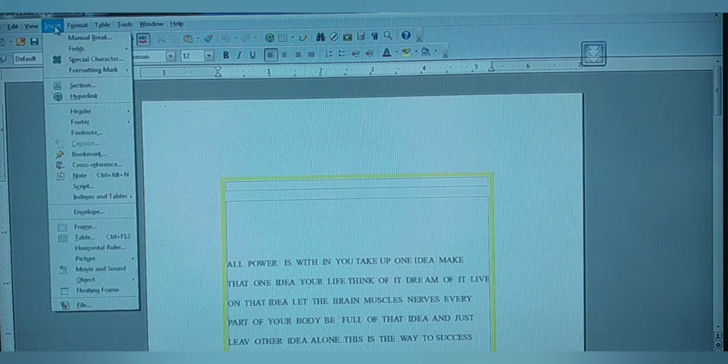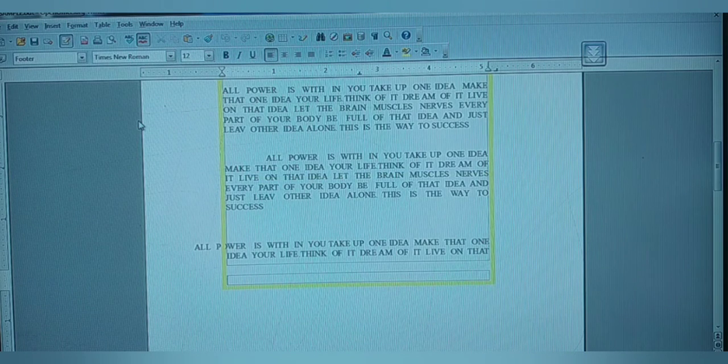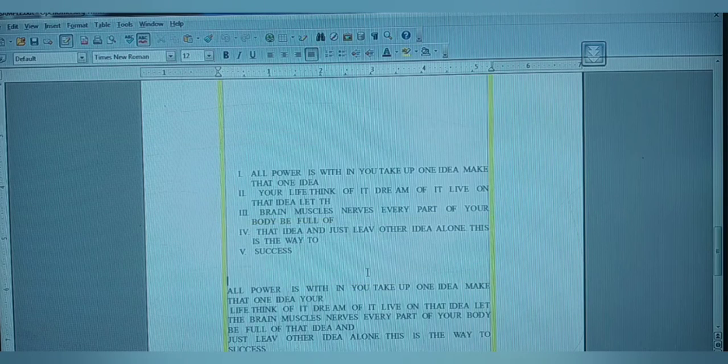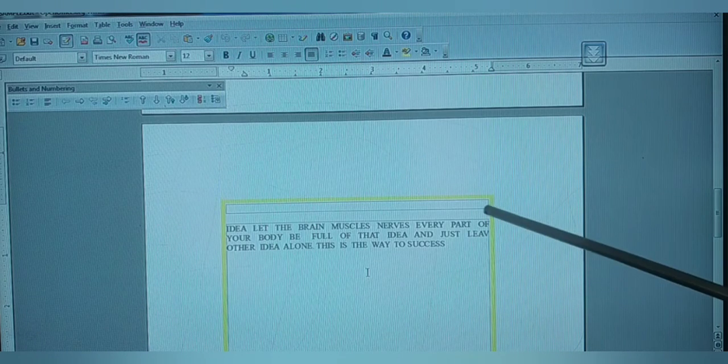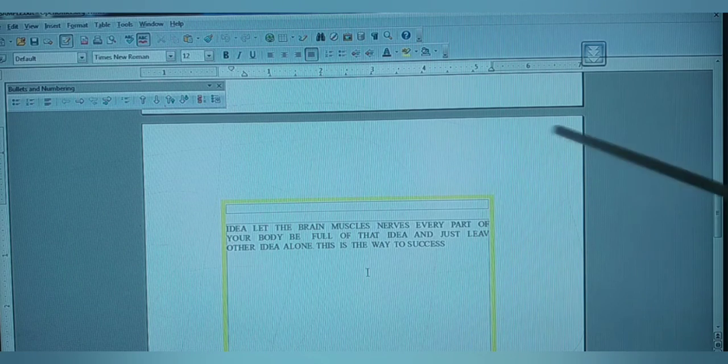Next we can see the next page. Insert Footer. Yes, Default. See here, the footer is automatically seen at the bottom of that page. Now we can see whether it is applied in both pages. We have 2 pages here. Yes, it is applied in 2 pages. This is your footer in the second page, and this is the header in the second page. Able to see how you are going to have the header and the footer.